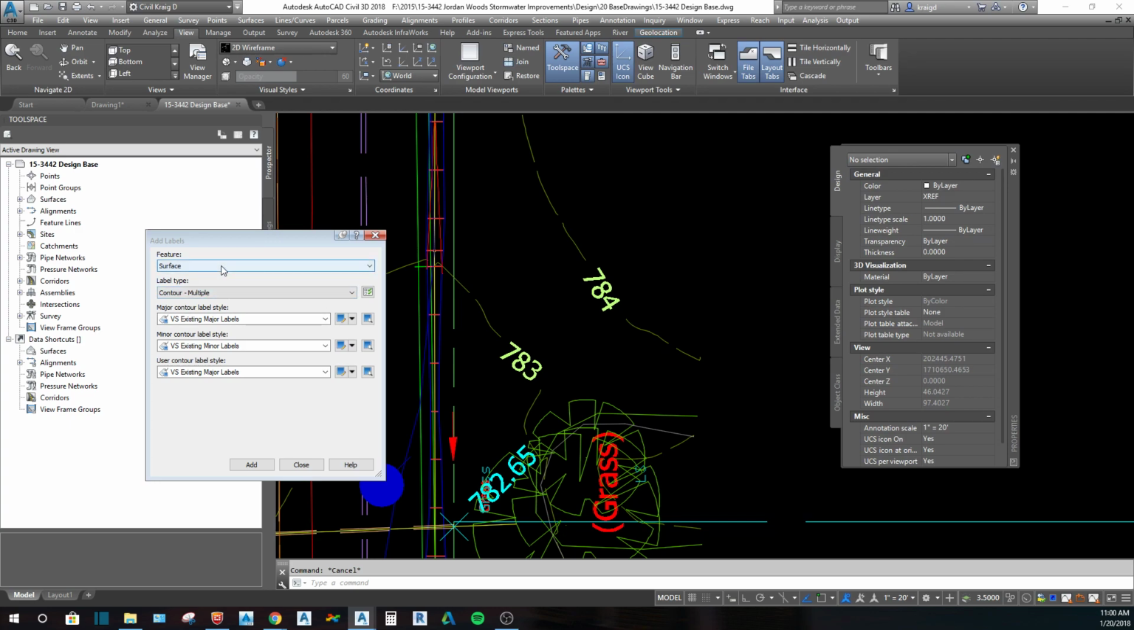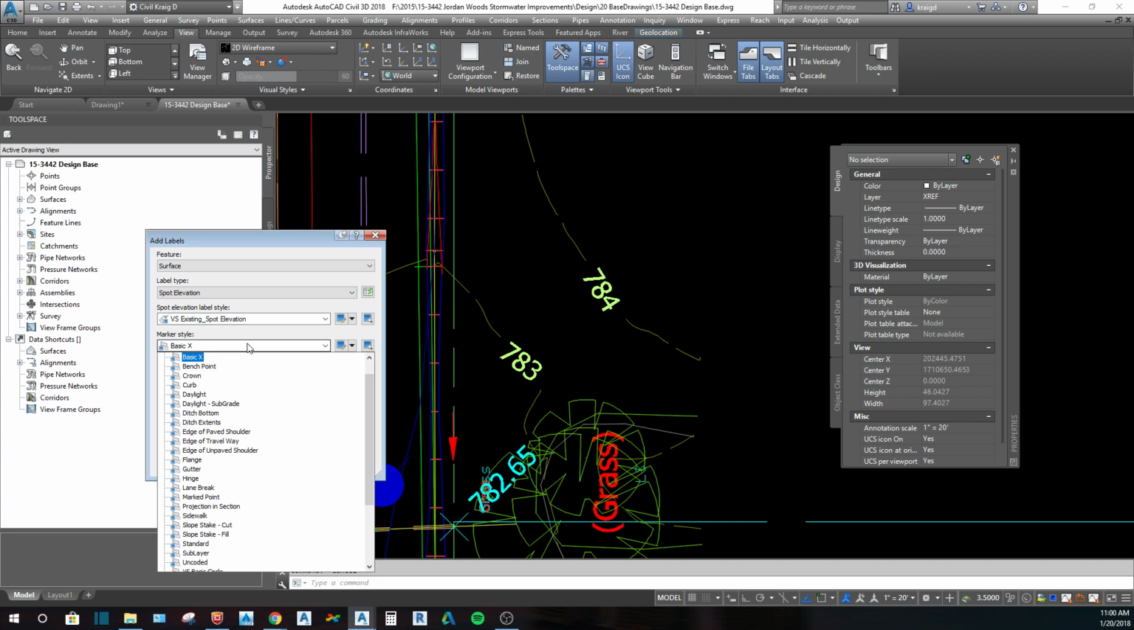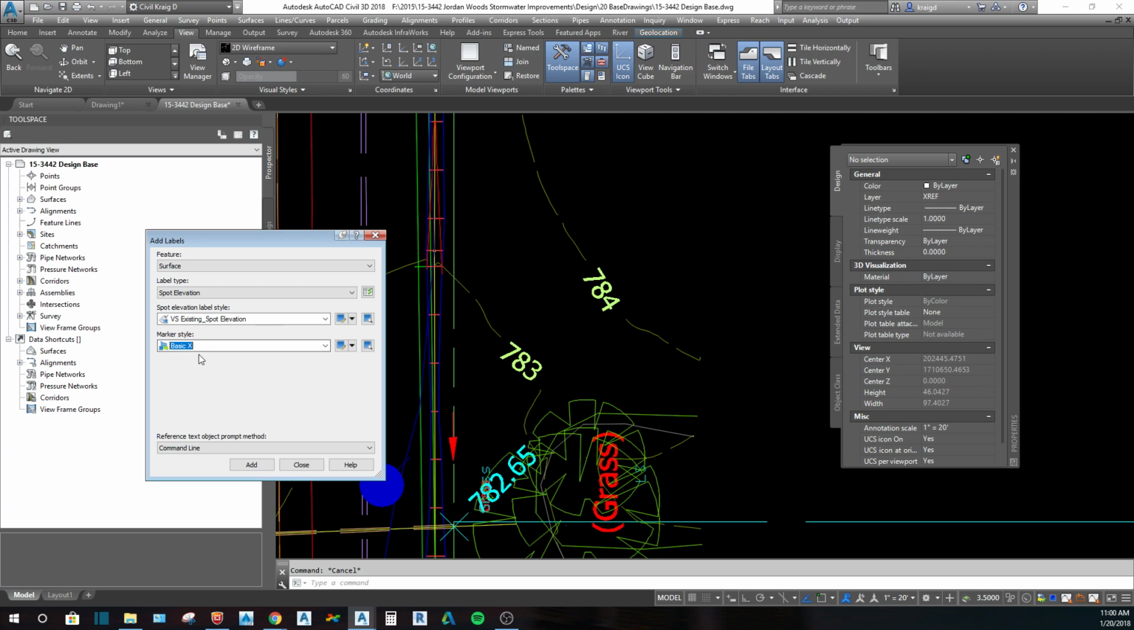So that's your surface labels. You have your surface labels, your label type. If you're wanting to do a spot elevation, it switches to your spot elevation. And this is similar to what I was talking about over the profile. So this marker is defaulted to Z to X. So for spot elevations, you actually want a marker. So I'm going to do an existing spot elevation. I'll hit add. It's going to ask me which surface do you want to hit a spot elevation to,